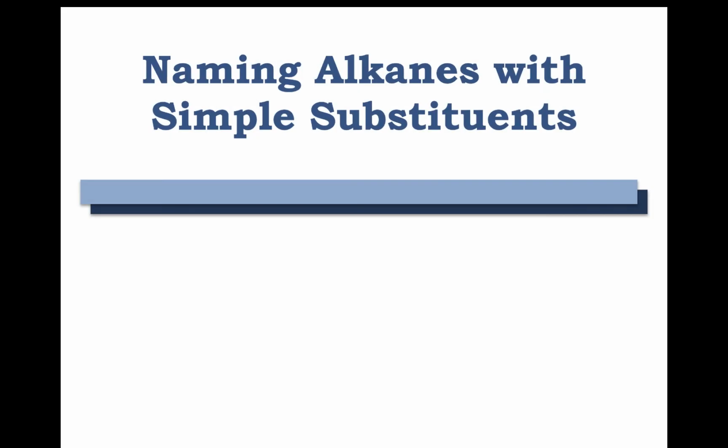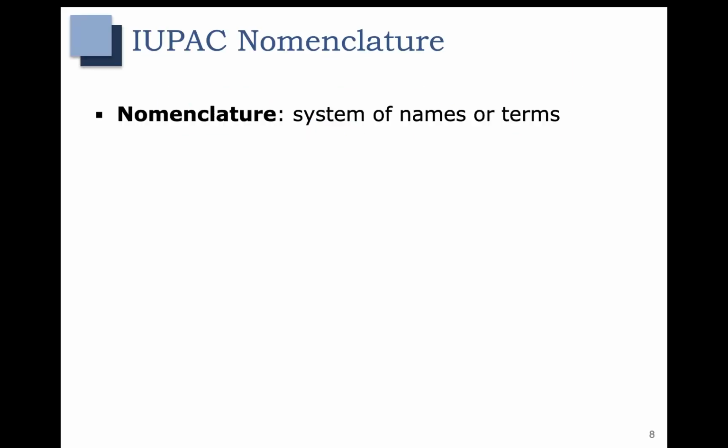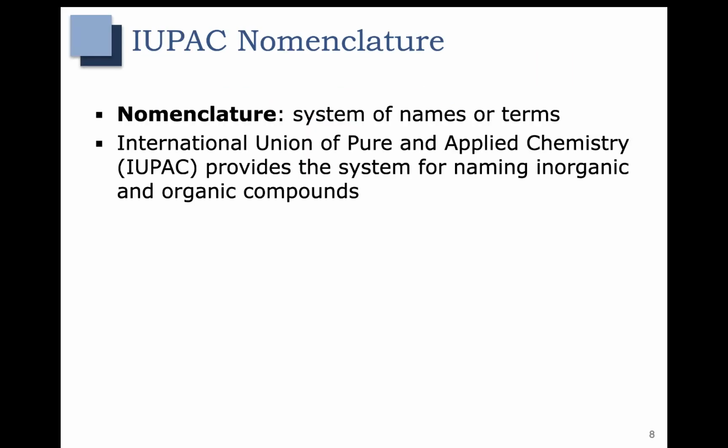In this video, we're going to talk about naming alkanes with simple substituents. That means we're going to introduce the concept of IUPAC nomenclature and just go over a few simple examples. Nomenclature is a system of names or terms. What we use in chemistry is the system that's established by IUPAC, or the International Union of Pure and Applied